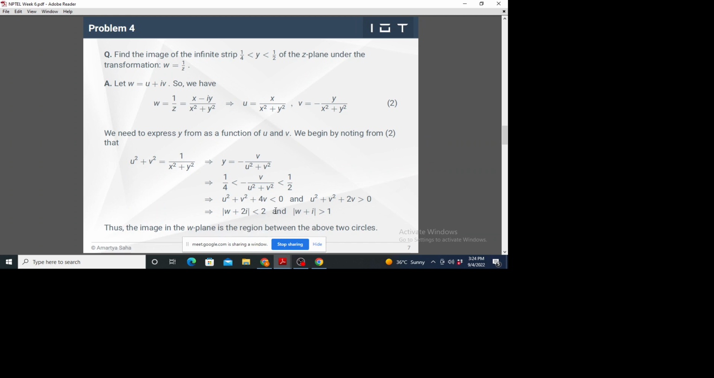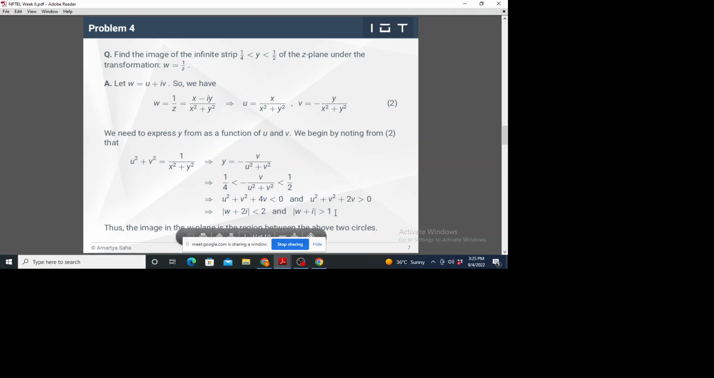and then I have simply expressed these two equations in terms of the complex variable. So as you recognize, these are two circles, right? One is w plus 2i having modulus less than 2, and the other is w plus i having modulus greater than 1. So of course these are two circles,